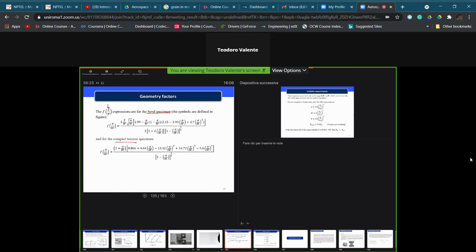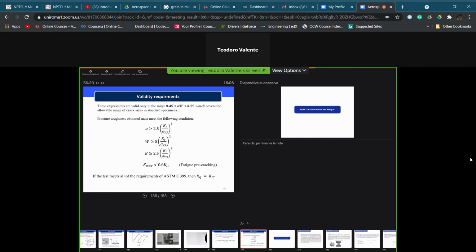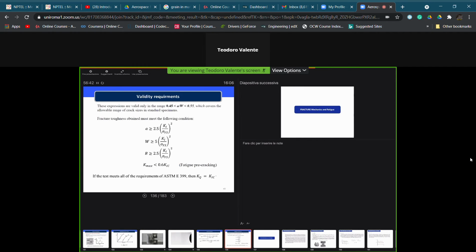Otherwise, having the real thickness and having the K1C evaluated experimentally, we can define by a simple formula the critical Kc, which is used instead of K1C for our calculations. There are also other conditions which must be met in the standard in order to use all these equations, the set of equations that we have seen in our approaches, which are usually respected,